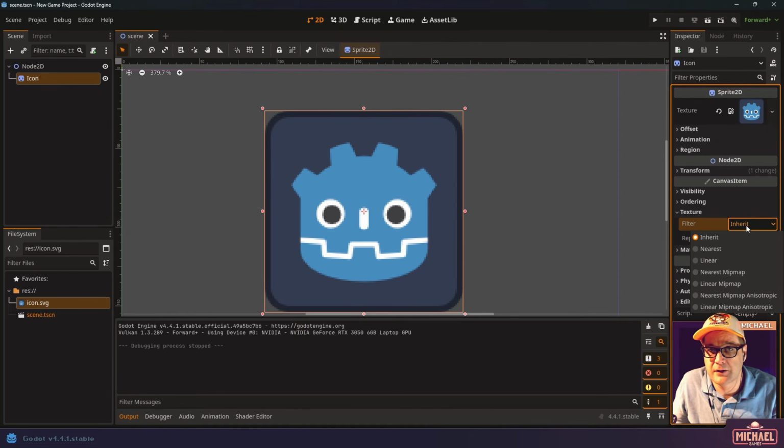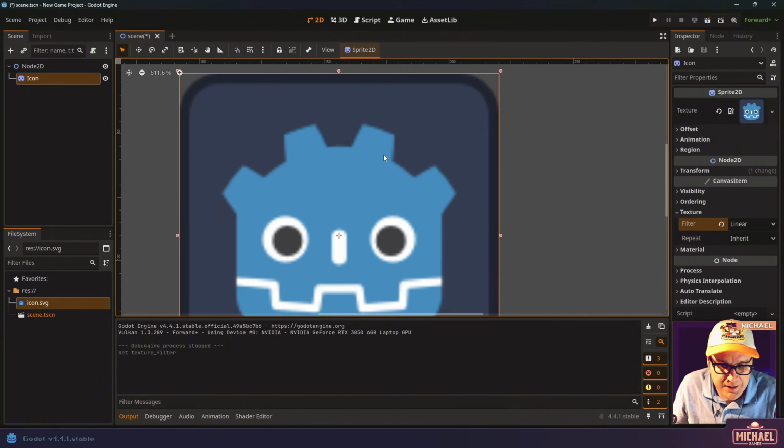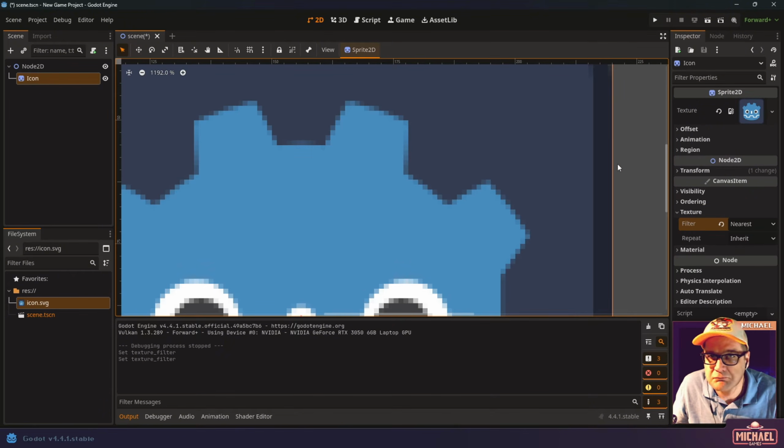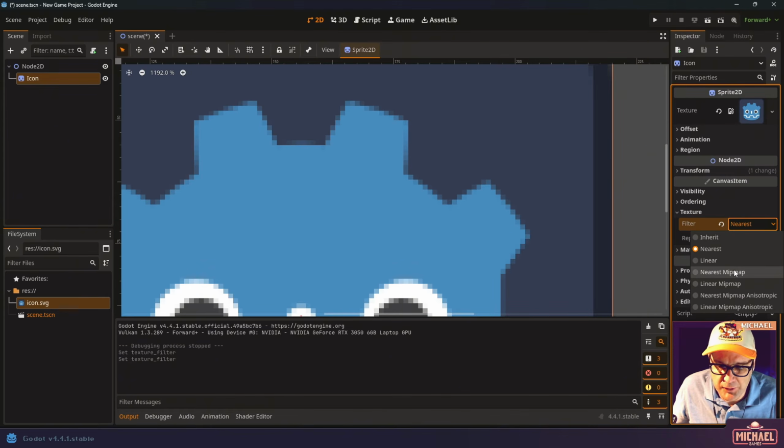Right now it's inheriting the setting in the project that I've set, but I could change this back to linear, and you see how that got blurry, the pixels got blurry, and then back to nearest. So there you go. And then there's some other options here that we don't need to get into, but really